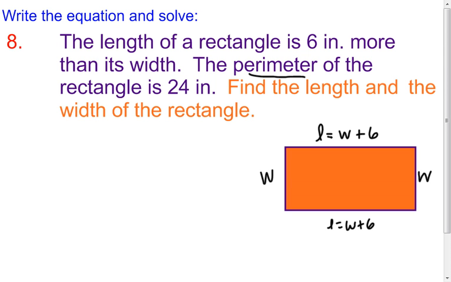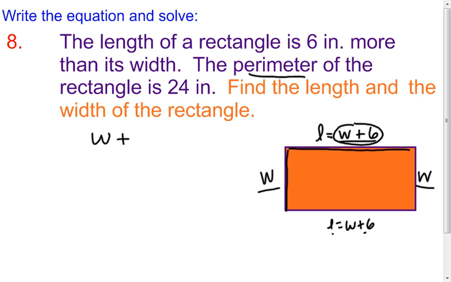So right here I have a W, and right here I have a choice on this side. I could choose to add L for length, or I could choose to add W plus 6. And the key is you can only have one variable, one letter in your equation. So I am going to choose to add the W plus 6 there. Okay? So again, I'm going to add the W plus 6, the W, and again, of course, down here I